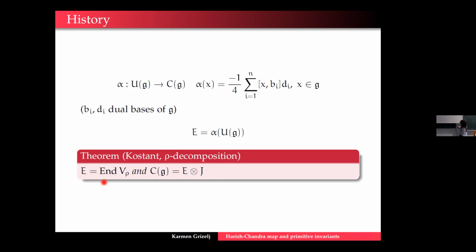Now, this part I had to write down because otherwise I'm not allowed to call anything rho decomposition. So a rho would be just, which is kind of standard in representation theory, half of the sum of the positive roots once you fix positive roots. And V rho